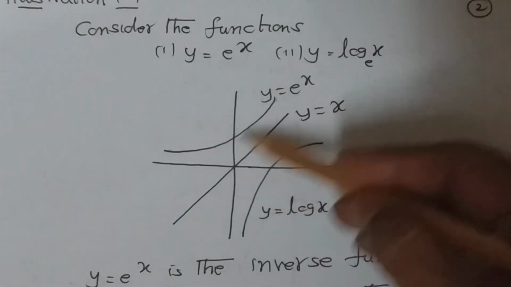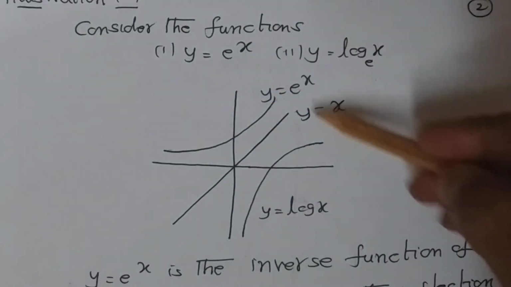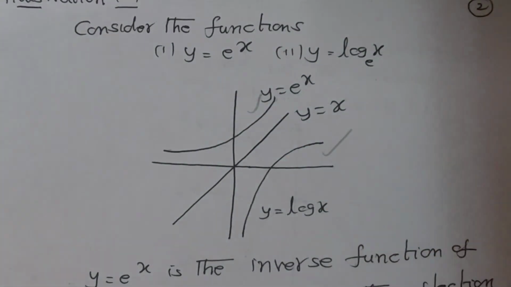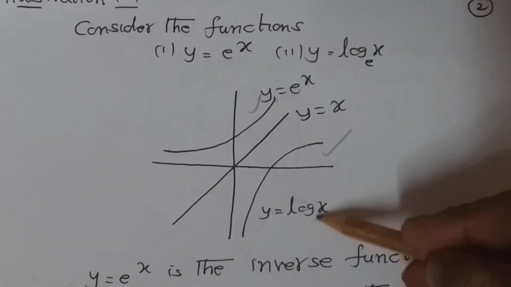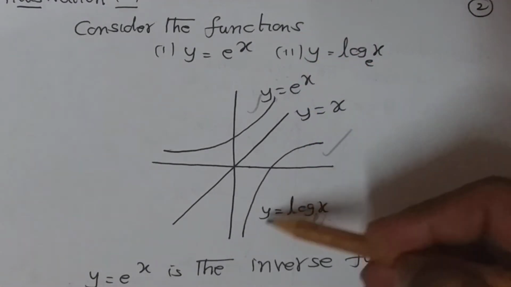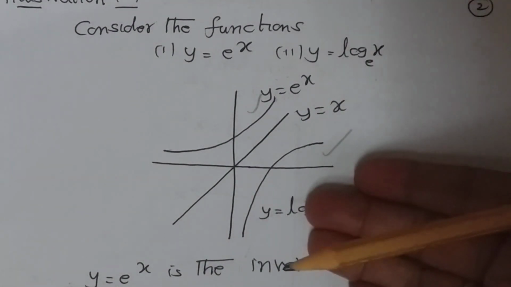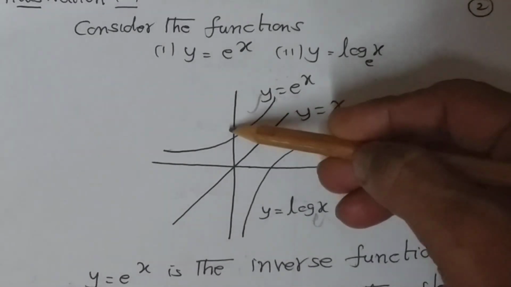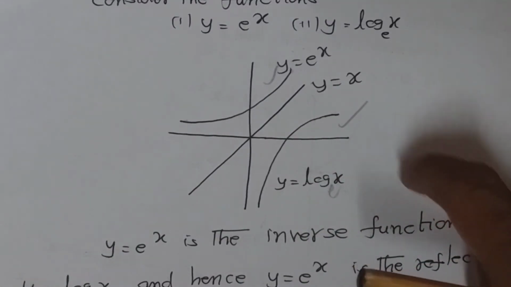We already saw in the example also. In the special functions also. So this is y is equal to e power x. This is y is equal to log x base e. These two are inverses to each other. That means e power x is the inverse function of this log x base e. Okay, and hence y is equal to e power x is a reflection of this logarithmic function about y is equal to x. Idoda reflection da ange podu. Okay, so this reflection part is this one. That's it. Very simple.